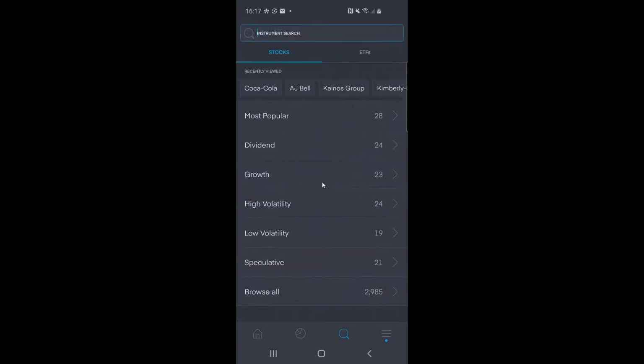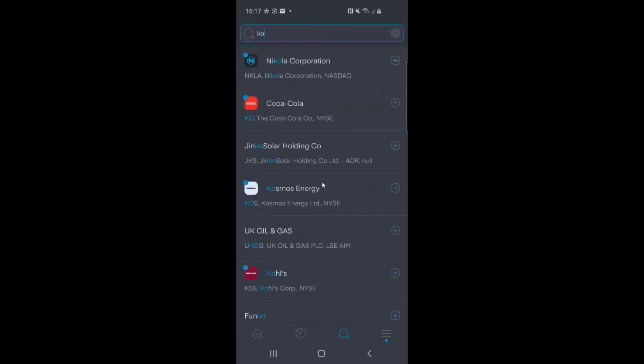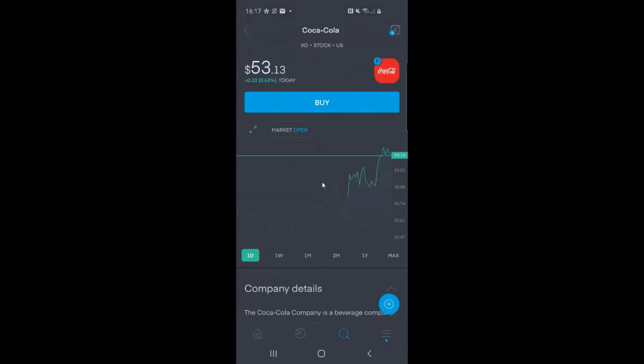But I'm going to search for stocks. So I'm going to search for Coca-Cola, so KO, stock ticker, and we'll have a look at Coca-Cola. What I like about the Trading 212 app is the graph functionality is extremely powerful, with the time scales at the bottom. Also, if you flip your phone to landscape, you get a more technical chart with access to candle charts and more